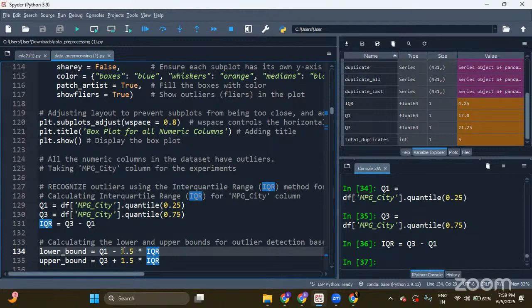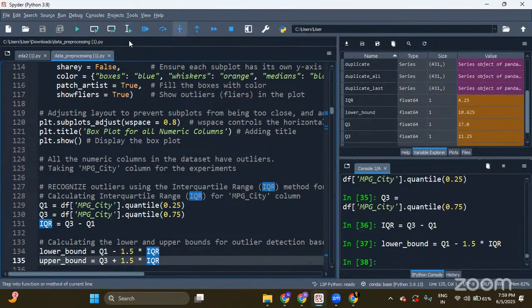I'll substitute all the values. Q1 calculated, IQR calculated. So this will calculate the lower limit for the MPG underscore city column. The lower bound value is 10.625. In the same way, let us also calculate the upper bound. The value is